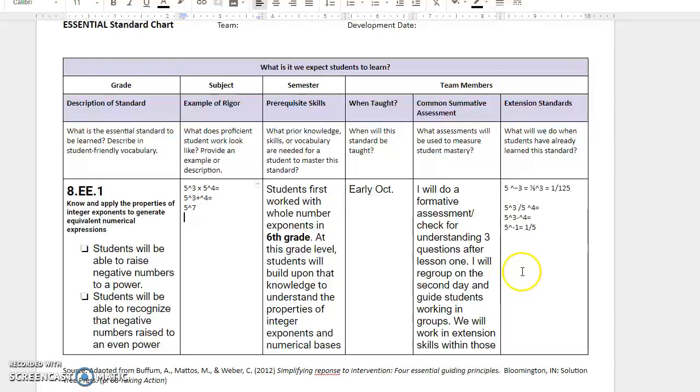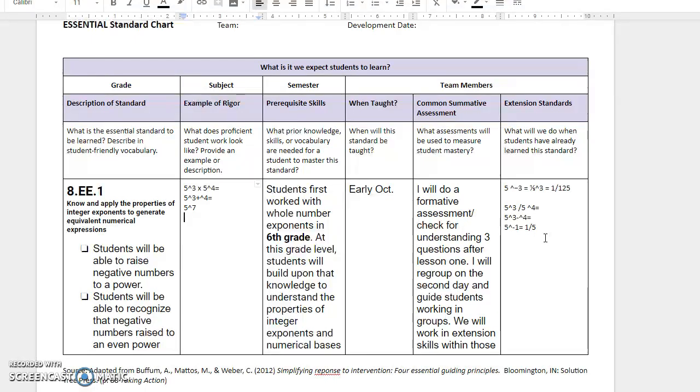All right. Lastly is the extension standard. So I started adding negative numbers, negative exponents into these formulas here. And so I'm really looking at diving deeper into those extension standards, maybe grouping in different formulas, really going heavy on that standard with the students so that I can see and really push the ones that are already proficient. We don't want them just sitting around for 3 days teaching other students, but how can we raise their level